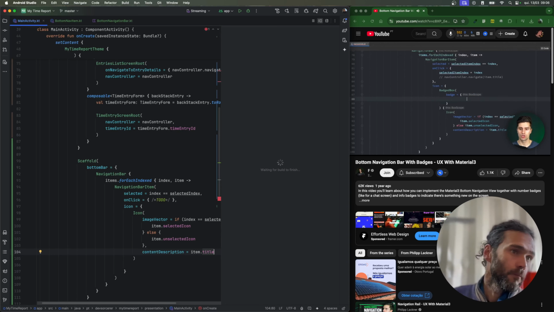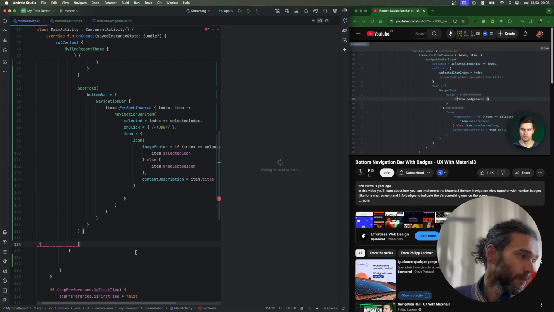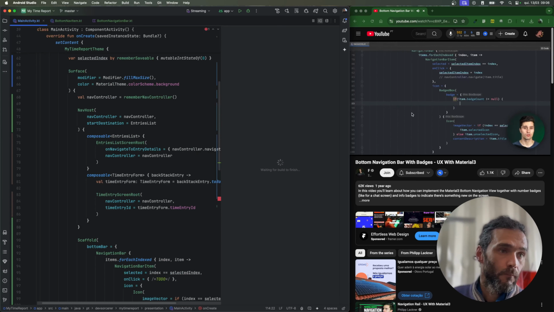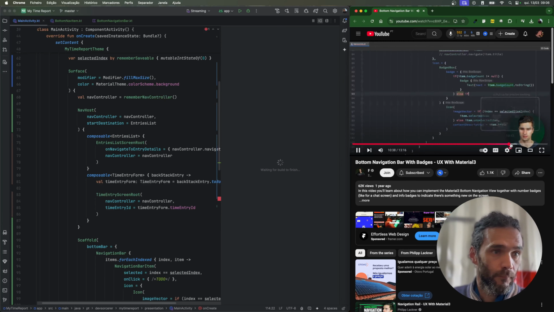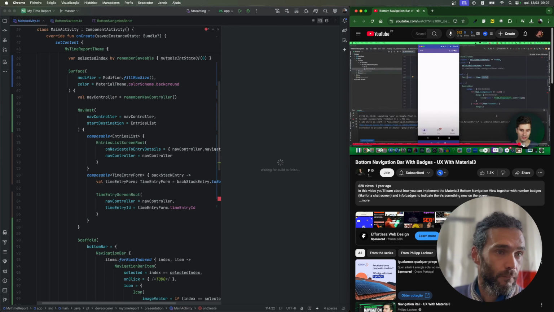We first of all want to check if we even want to display a specific badge for that item. So if the item.badgeCount is not null, that means we passed a specific number we want to display. That means we want to display it, if so. Then we should hopefully see something very similar to what I showed you before. Yes, we do. So we do see our badge with